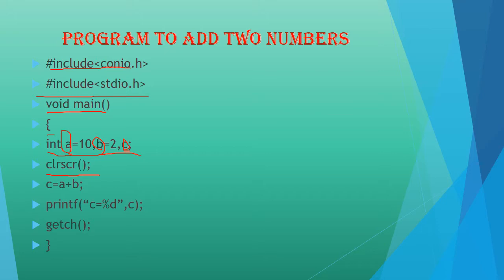If you have not written it also, no problem, but if we go with the same thing without clrscr, then while compiling the next time, the previous program's output will still be staying there. So in order to clean it every time, we need to use clrscr. In the last program, soon after the flower bracket, I gave the clrscr. But here I am giving it only after the declaration of the variables. That is the correct format. In the last chapter we had no declaration section, so we wrote the clrscr first.